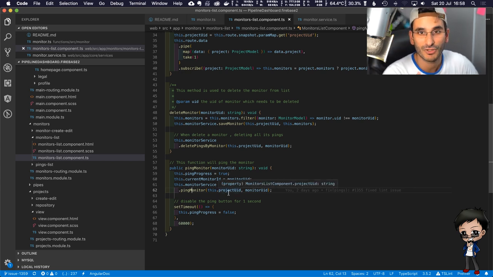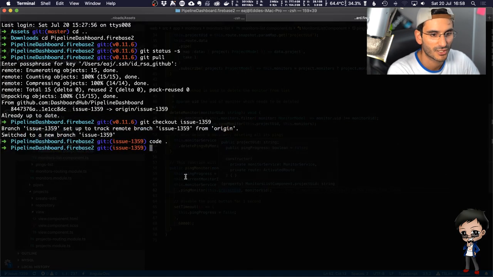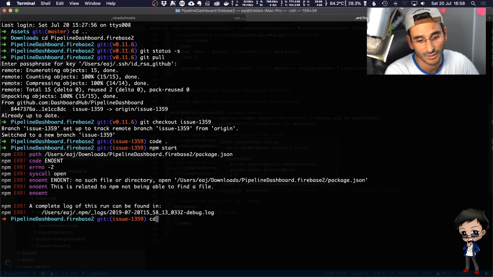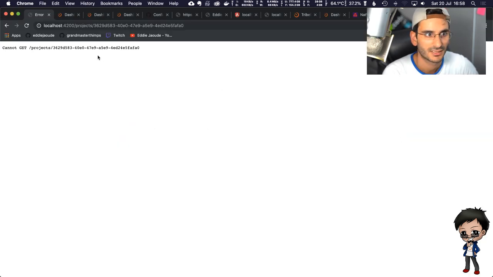So let me get this project running and let's have a look and see if I break it. I'm sure you've tried this already, Kush. This is more for my own sanity. Let me start the project. So if I just go npm start, I should go into the web directory first and go npm start, and then get the project started, and then we can open it on here.